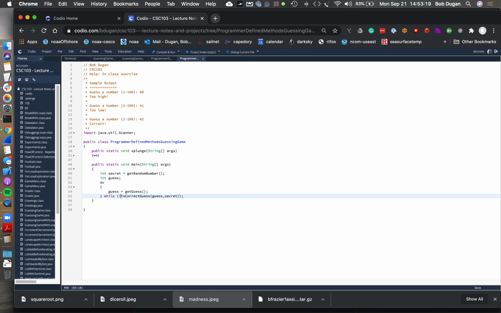While is not, so that means if is correct guess returns false, the while loop will continue. If is correct guess returns true, the while loop ends. That's nice. Okay, so as long as is correct guess returns false, we're going to keep executing this do loop. So think about that. That's a pretty good outline of what this program is supposed to do without thinking about